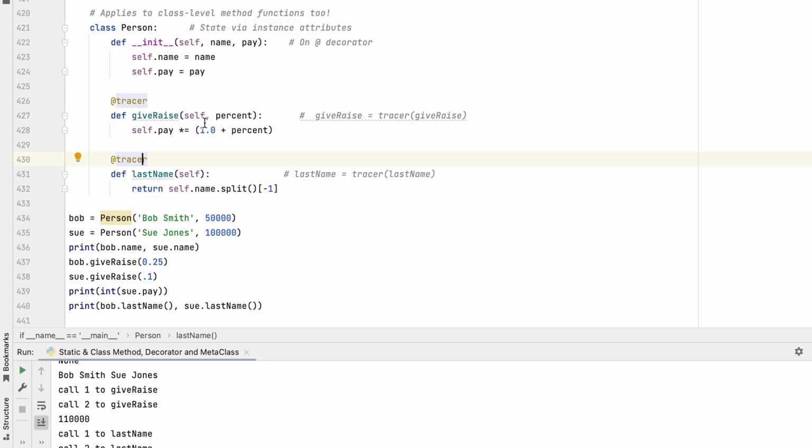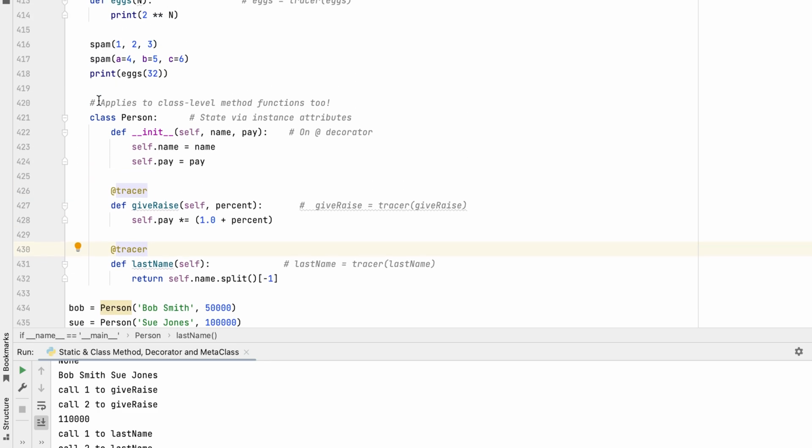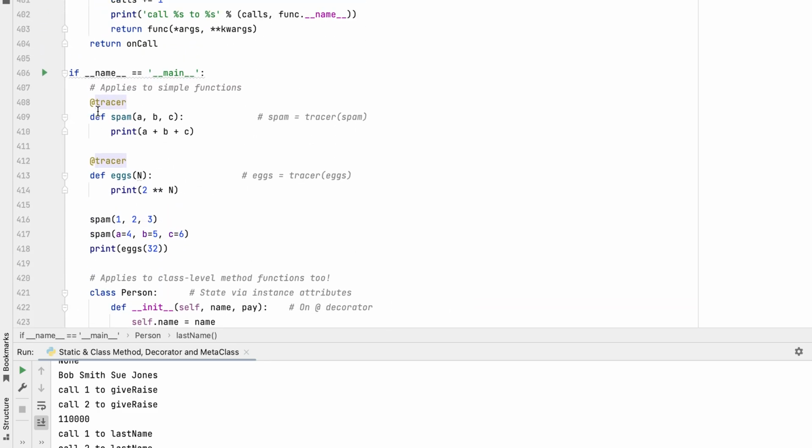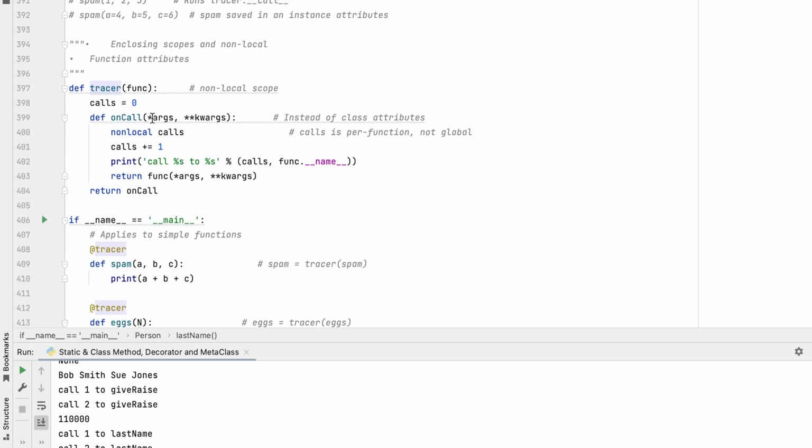The decorator comes to this on call, and on call will return the call one to function named give raise. So it comes to the decorator, the decorator will return, and then it comes inside that function and returns the